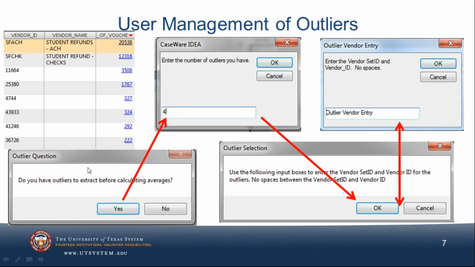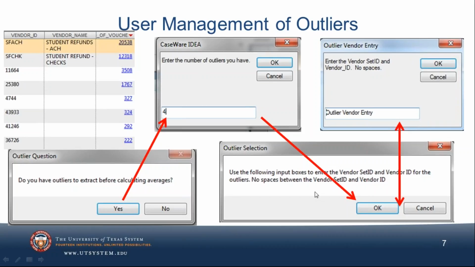That way, when this window comes up for the user, do you have outliers to extract before calculating your averages? This is available to show who has the most on the very top so they can see the highest number of vouchers and determine if it's unreasonably high to be included in the population. If you say yes, then you get a window that says, how many outliers do you have?